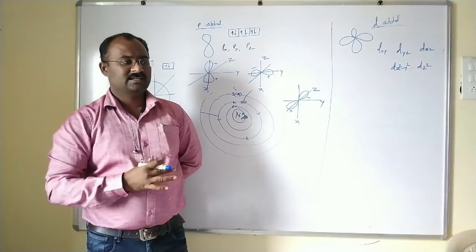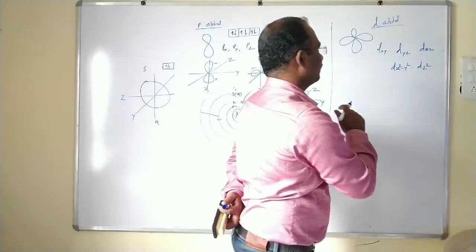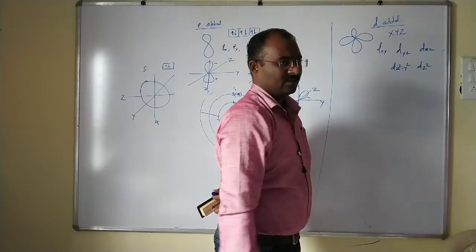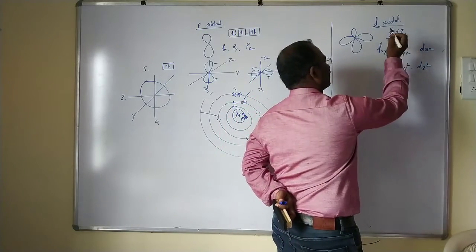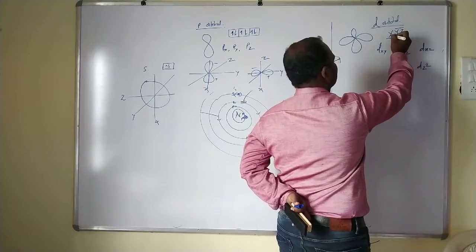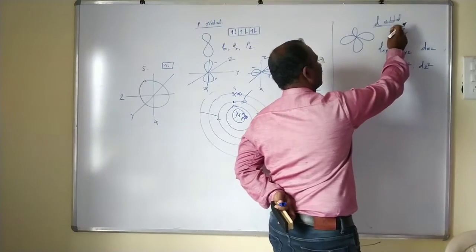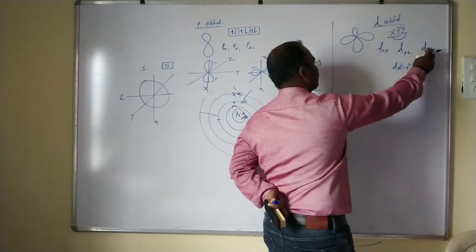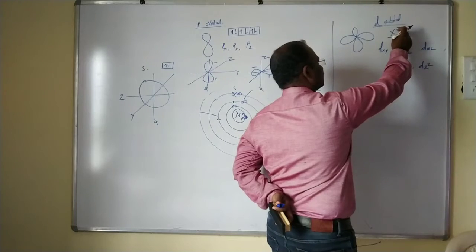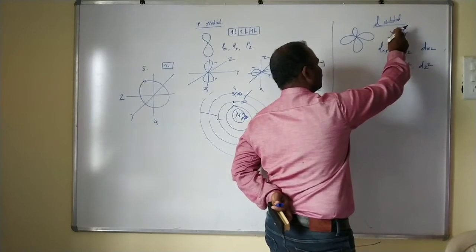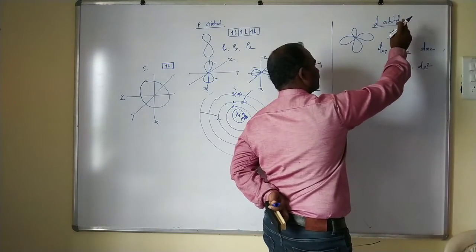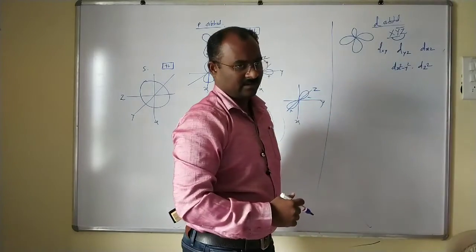It is a very simple technique to remember all these suborbitals. We simply write x, y, z. First is the D, we write as xy. Second is the D, we write as yz. And third is the D, we write as xz. Means xy, yz, and xz. These are the 3 suborbitals of D. Then the remaining 2, we simply take the squares, x square and y square, and write as subtraction. It's x square minus y square, and the remaining is z square. These are the 5 suborbitals of D.